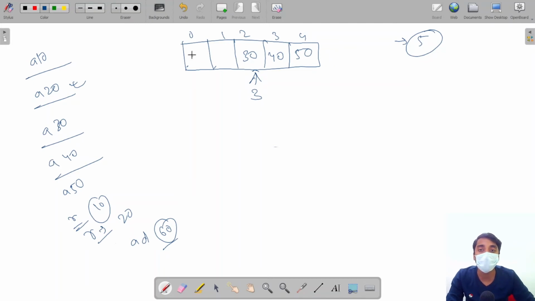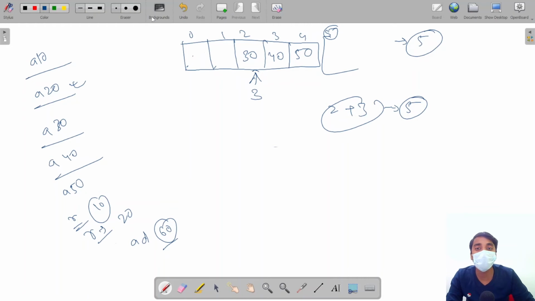How will we add here? The index starts from 0, but the rear is front plus size, that is front is 2, size is 3, which is equal to 5. If we add at 5, it is out of bound, there is no fifth index in our data array.